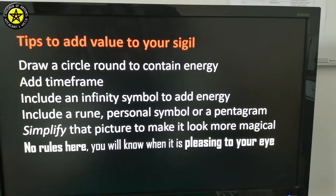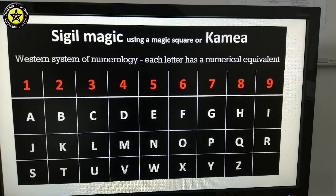So I'm going to show you a completely different way of doing one now that's kind of a little bit older, and it involves using a magic square. Now these have astrological applications, they're called cameos, and this is going to involve the Western symbol of numerology where each letter has a numbered equivalent. So we can see if we look at the first column there, A, J and S all have the number value of 1. Along there you'll see where they all fit in. And we're going to